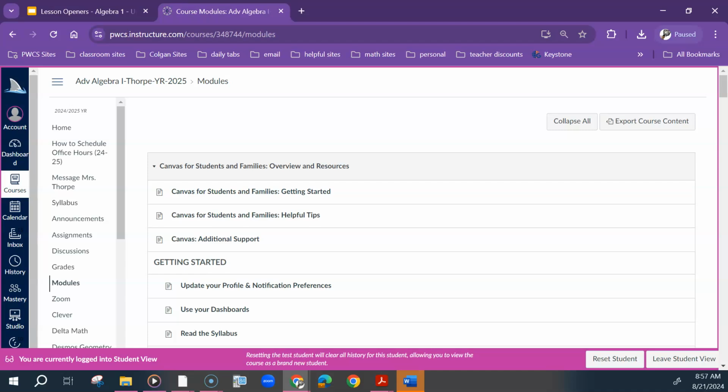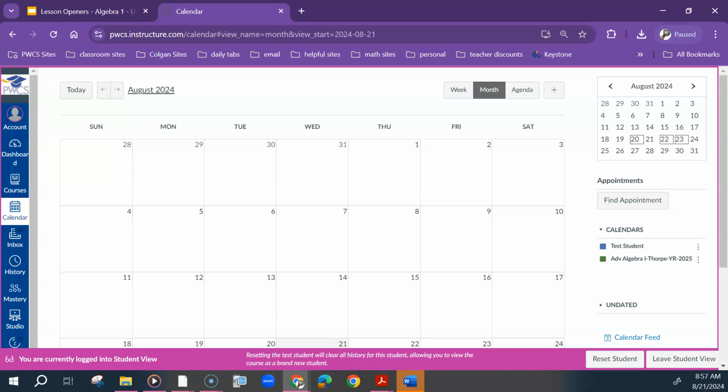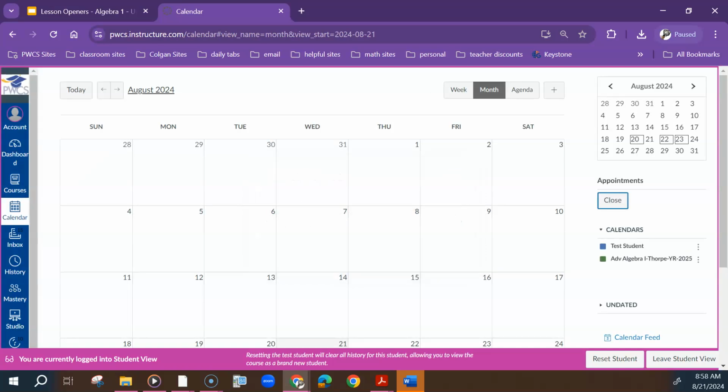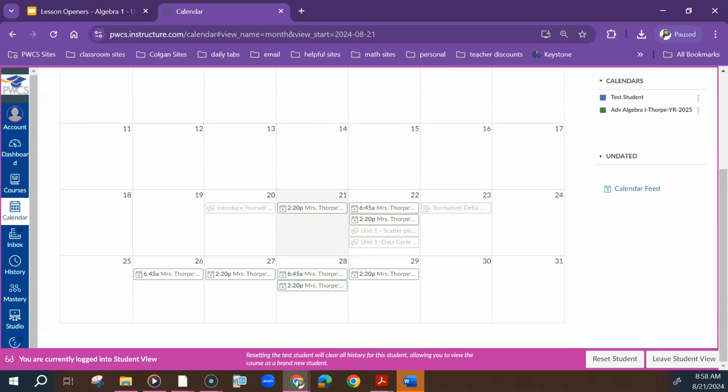So a lot of times when I'm making Canvas stuff, I'll go into this to make sure it looks right on your end. There we go. Okay. So you'll see something that looks like this on a web browser, Find Appointment. And you will click My Class. If someone else is doing this, you may have to scroll, hit Submit, and then it'll take a second. Once it loads, you may have to scroll to find the date,